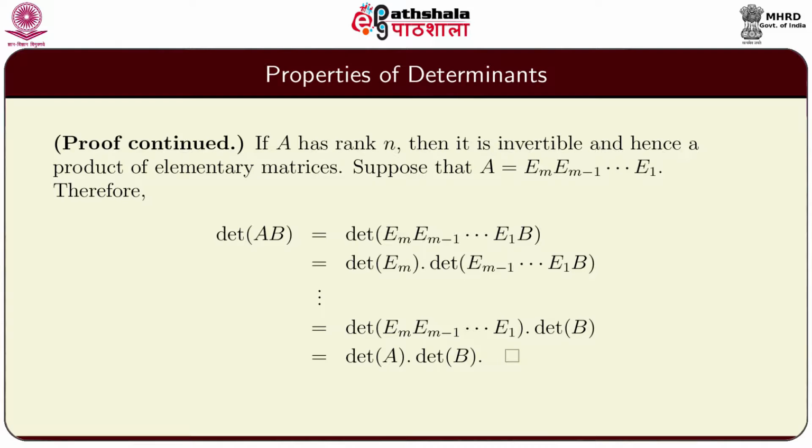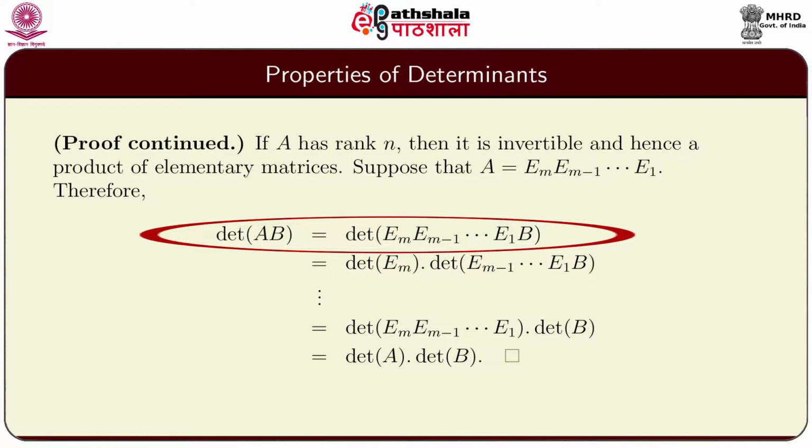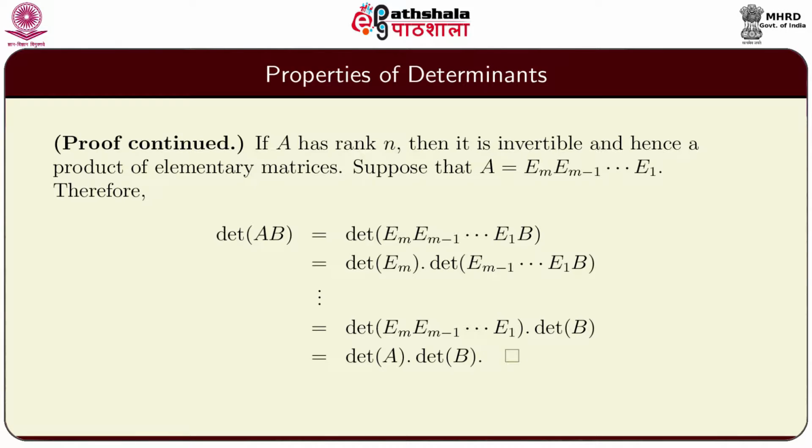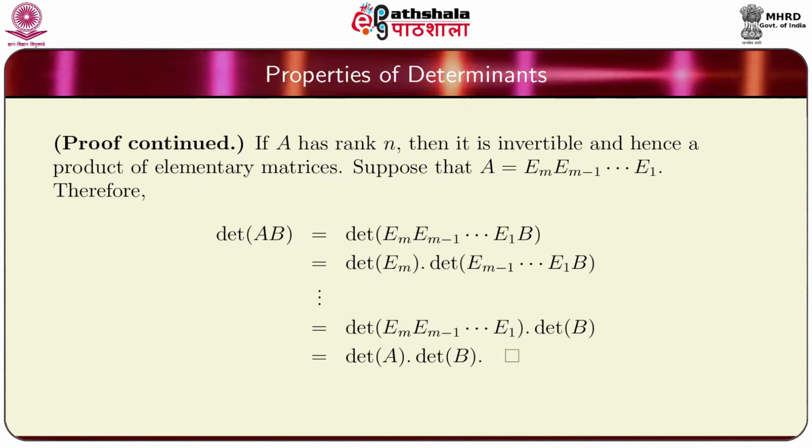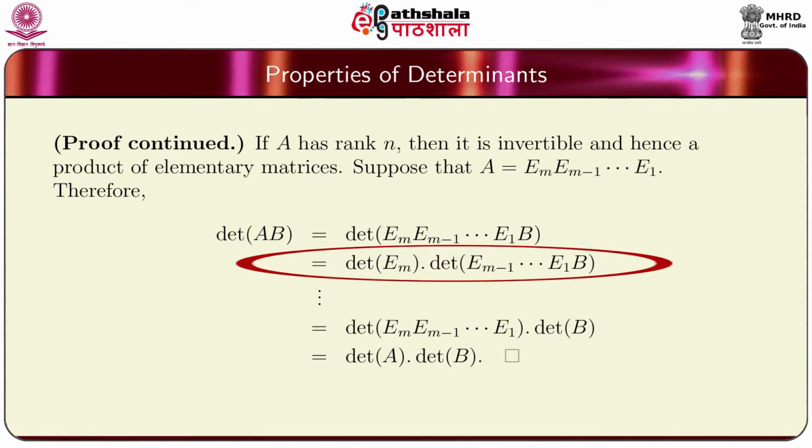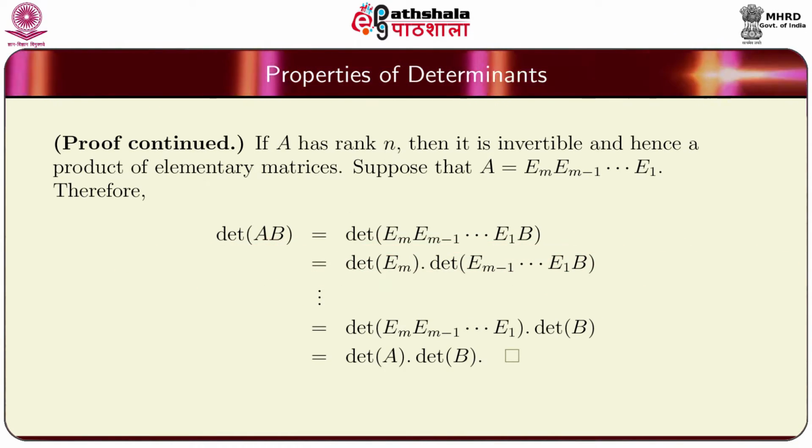Now, suppose that A has rank n, then we know that it is invertible, and it was proved before that A can be written as a product of elementary matrices, let us say E_m, E_{m-1} and so on up to E_1, and therefore determinant of AB is determinant of E_m, E_{m-1} and so on, E_1, B. We have already proved the result when A is an elementary matrix, we apply that here with E_m, and therefore we get this is equal to determinant of E_m times determinant of E_{m-1} and so on up to E_1 B,